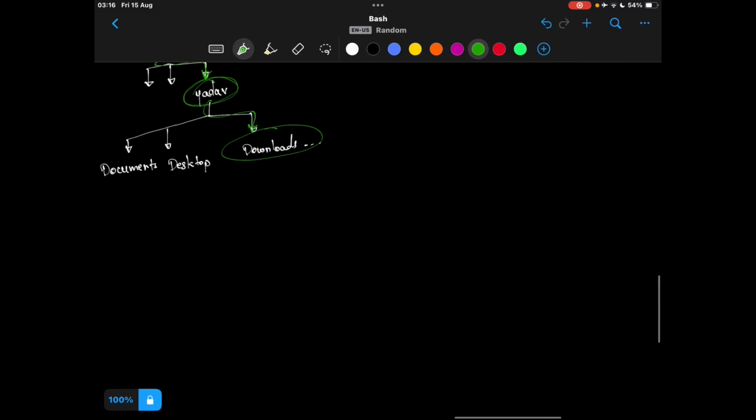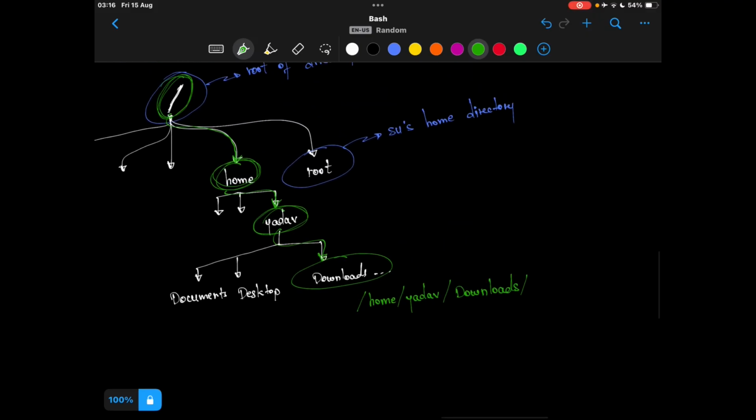So it is represented starting from the root of the whole directory structure. I go to home. In home, I access Yadav. In Yadav, I access downloads. This is how it is represented.